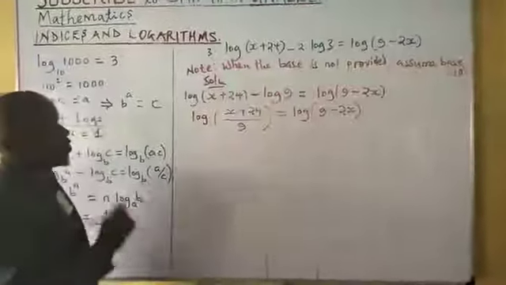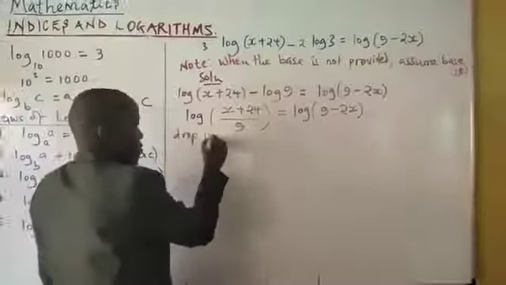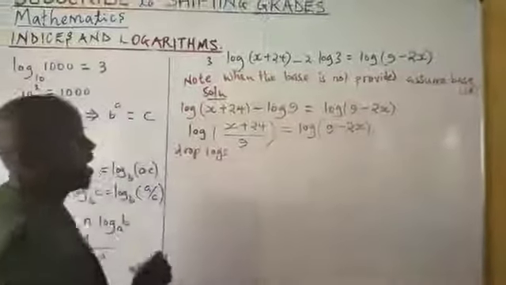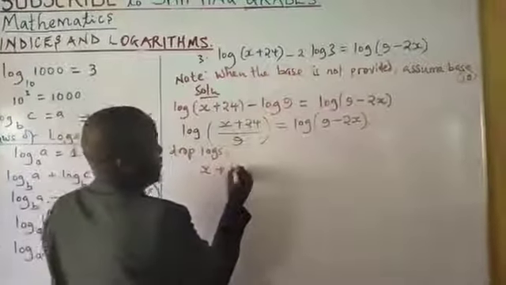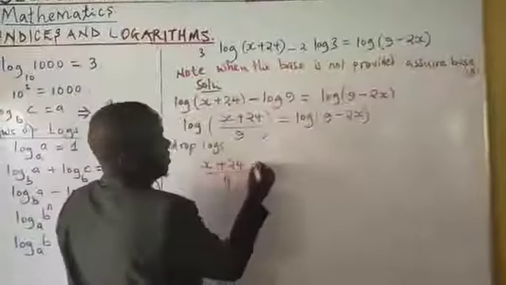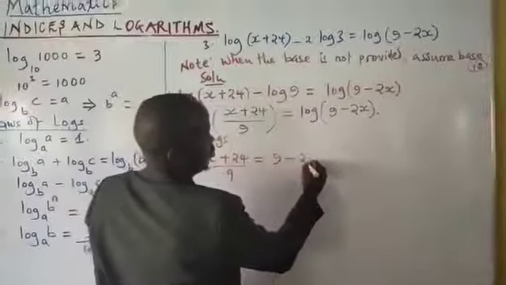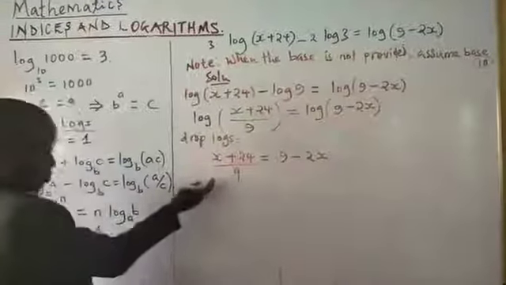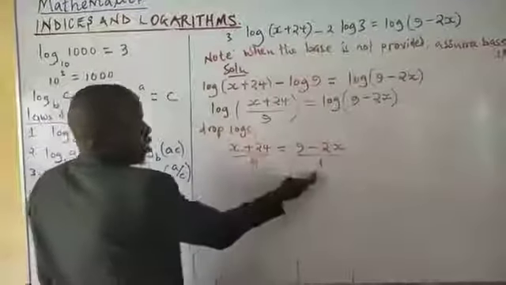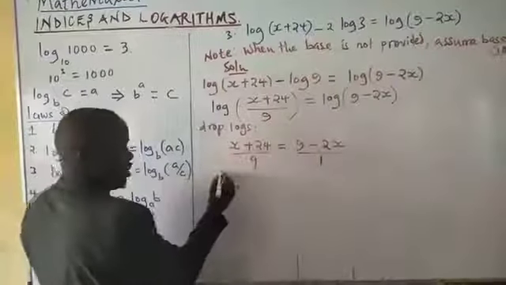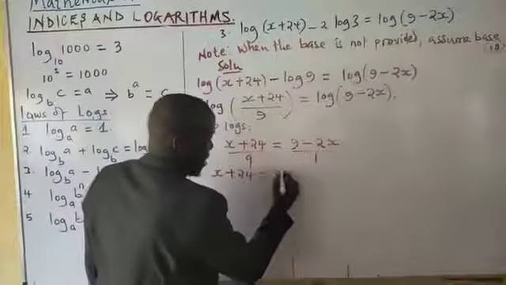Like that. With that, we can now drop the logs. Dropping the logarithms means x plus 24 all over 9 is equal to 9 minus 2x. Because this is over 1, cross multiplication means we multiply these terms by 1 and this one by 9. So this becomes x plus 24 is equal to 81 minus